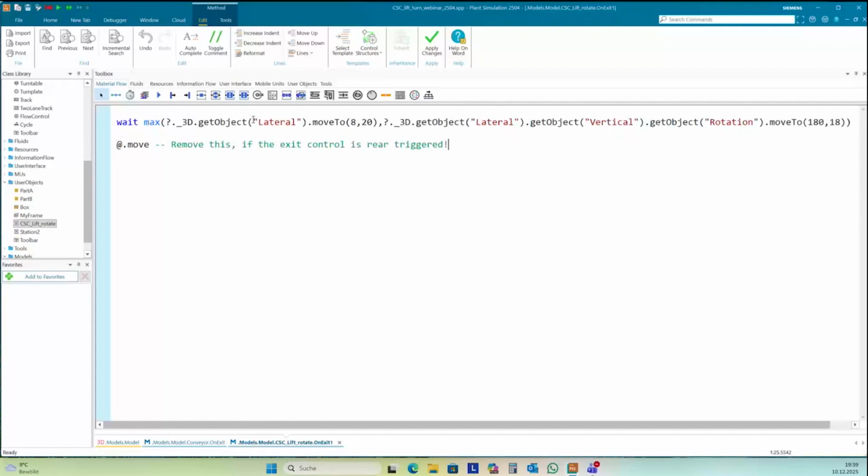So the lateral movement is finished. Also the rotation movement is finished. Then wait 1, and at move, then it goes out. We wait 5 seconds and move back. We have already this here. Move to 0 in 10 seconds.